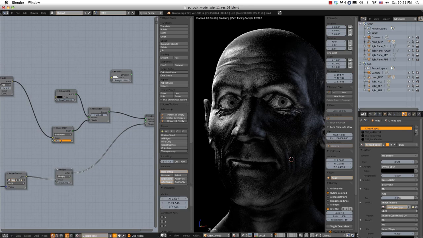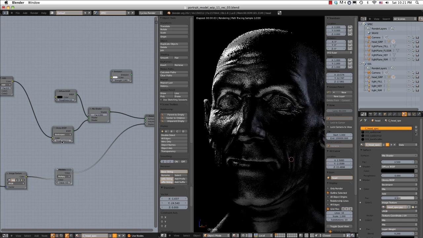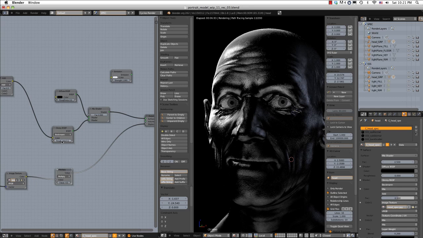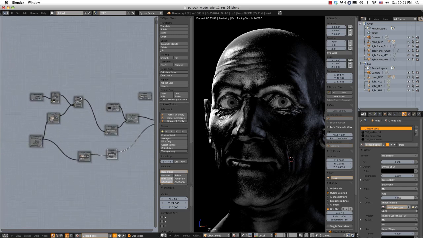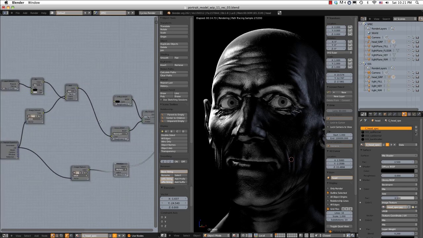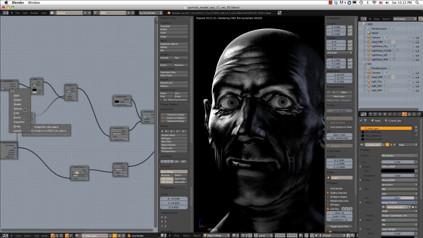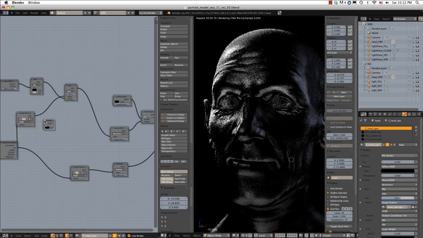Let me go ahead and change this roughness to 0.1 so it's a little shinier, a little sharper reflections. And yeah, okay. So now let's move on to our roughness socket. We're going to use the same image texture, and first thing I'm going to do is invert the texture. So color invert, plug that up,